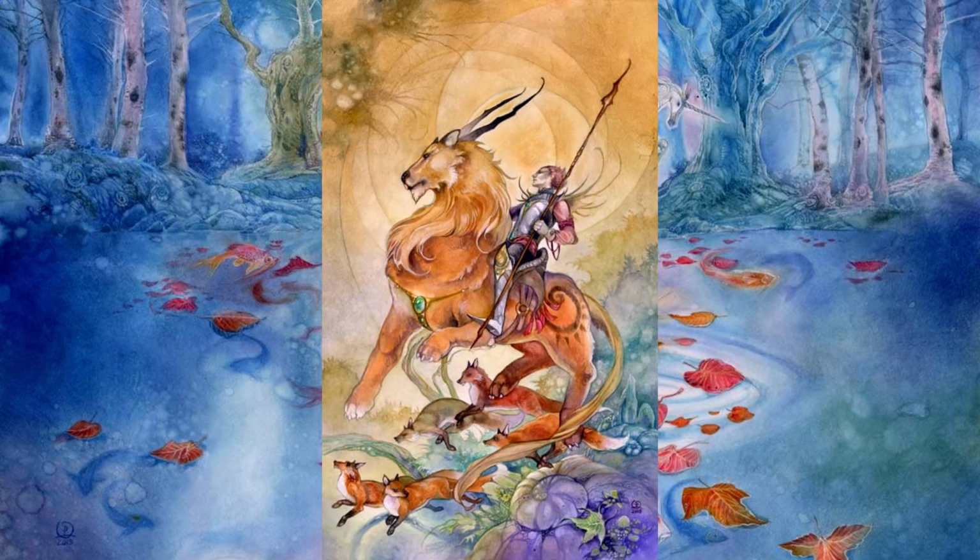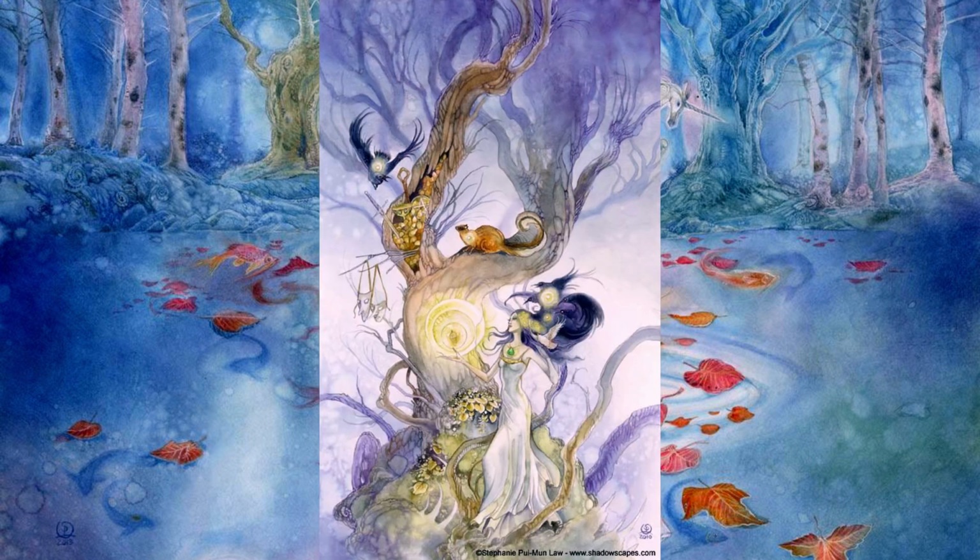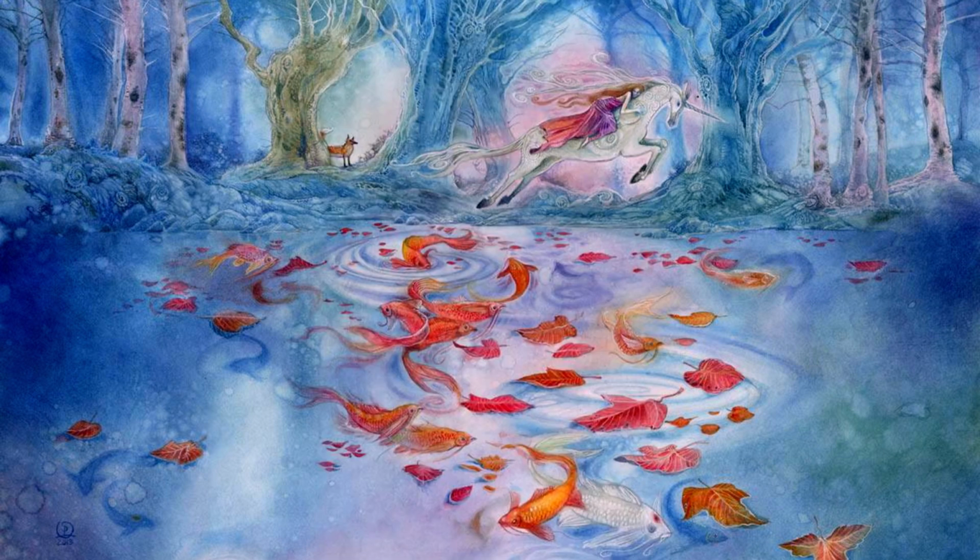The way Stephanie has mastered her craft, oh my gosh, she is a master. She is a senpai. She's got these soft mixes of purples, golds, misty blues, and her techniques are very apparent in the way she gets certain washes and the way she masks certain things. And I can't even explain it to you. You just have to look and wonder what kind of technical expertise had to happen